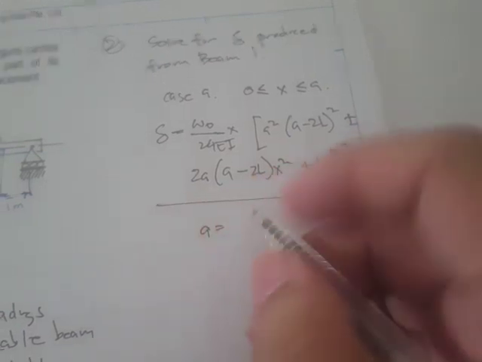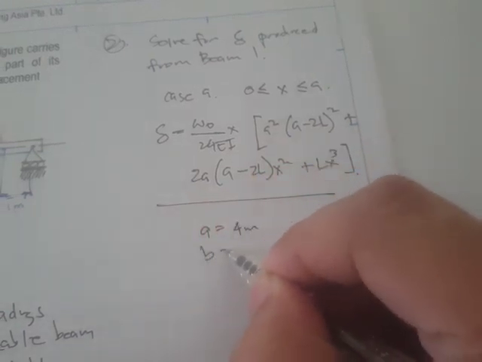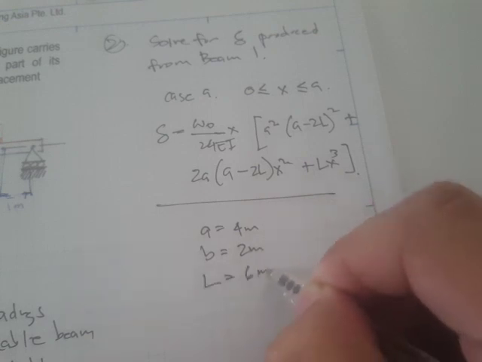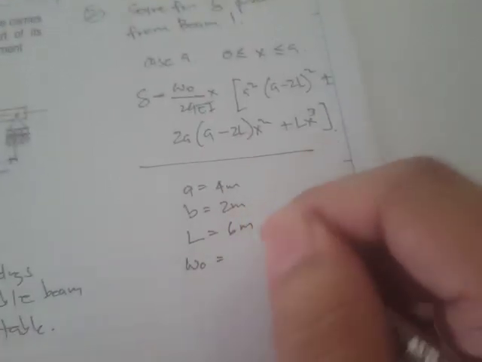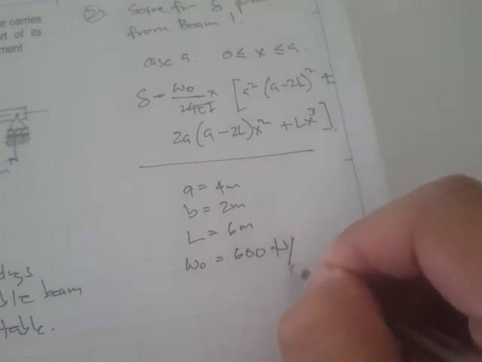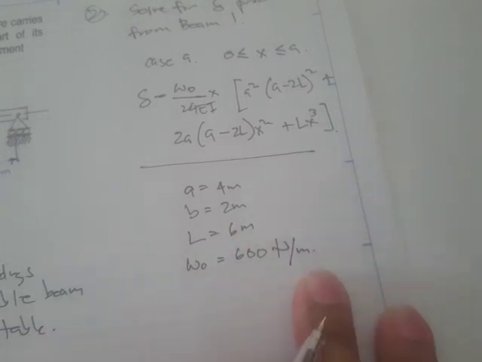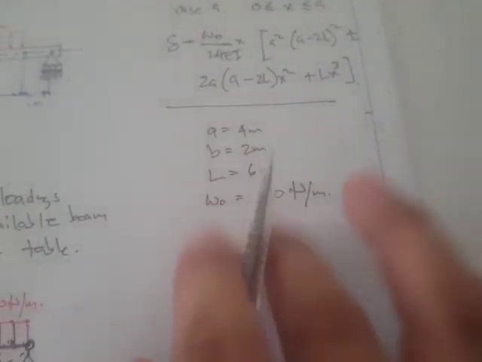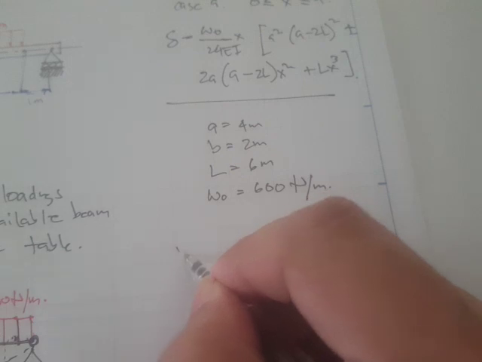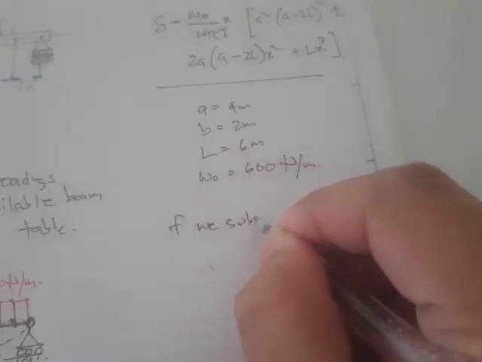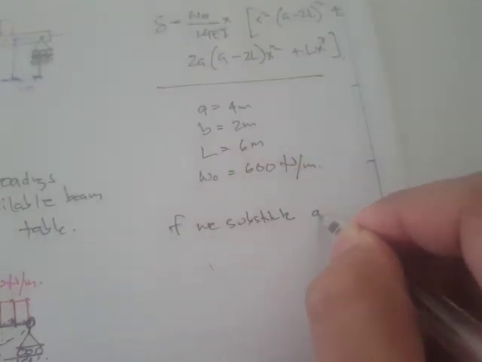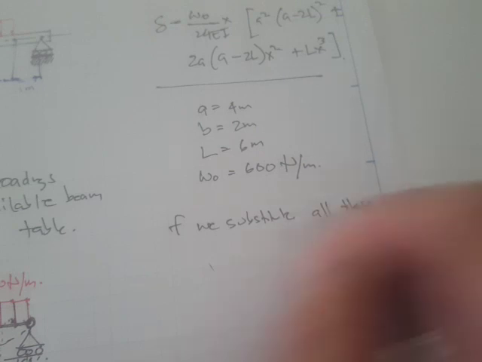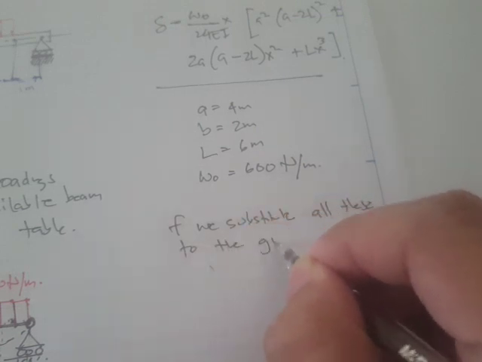And our parameters, our A is 4 meters, our B is 2 meters, our L is 6 meters, and our distributed loading is 600 Newton per meter. Okay, so if we substitute, actually we are only asked to solve for the midspan displacement, so we don't need to solve for the slope. Okay, so if we substitute all this to the given expression,